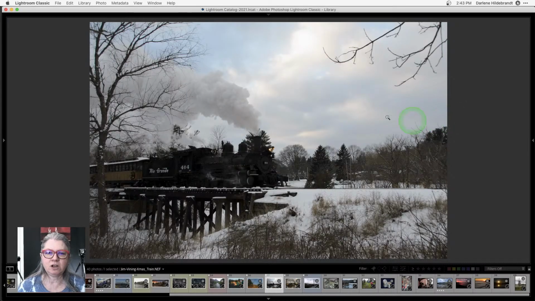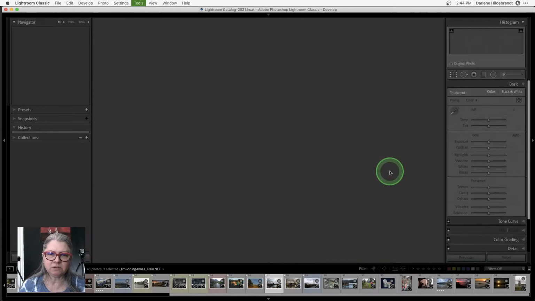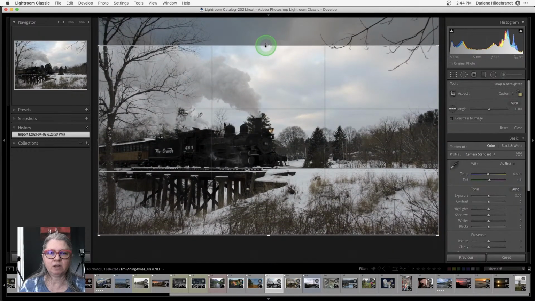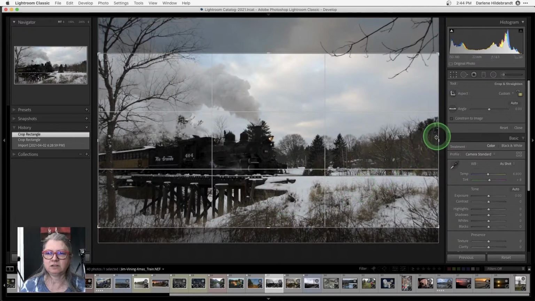You got rid of a lot of sort of this part on the right, which wasn't really needed for the story. I might have cropped it slightly differently. I do agree with your cropping in terms of putting the train off center and it still has some space in front of it. But I might have played with the composition more of a panorama. I don't want to get rid of that smoke, but even just something like that, right?